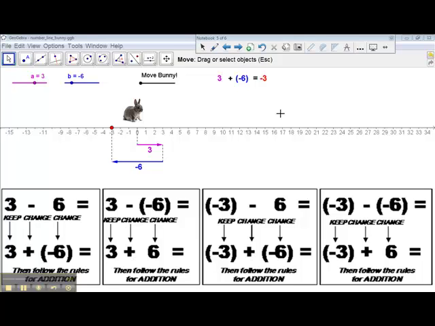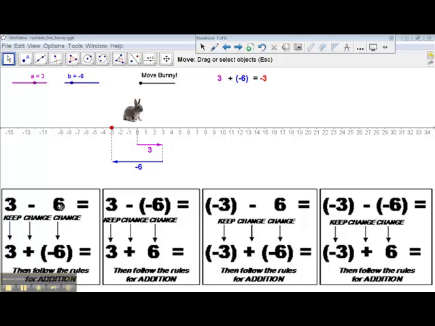Let's see if we can get a little better understanding about subtracting integers and what we mean by the additive inverse with this tutorial on the number line. We have some examples from our integer poster down here at the bottom, and we'll begin with the first one,